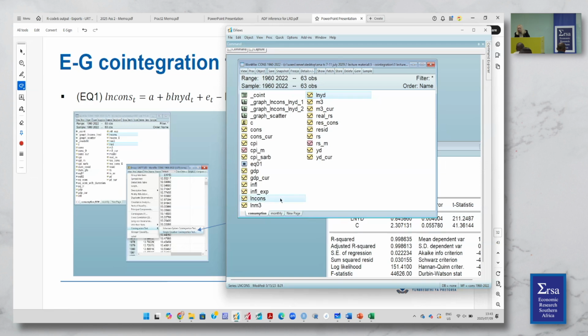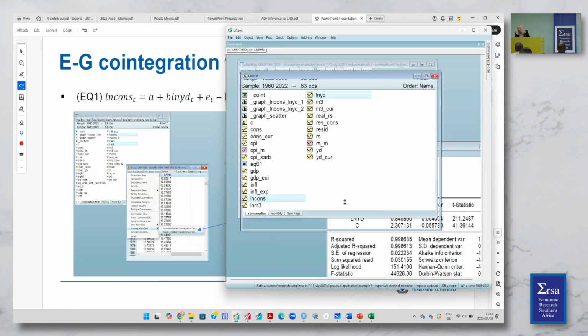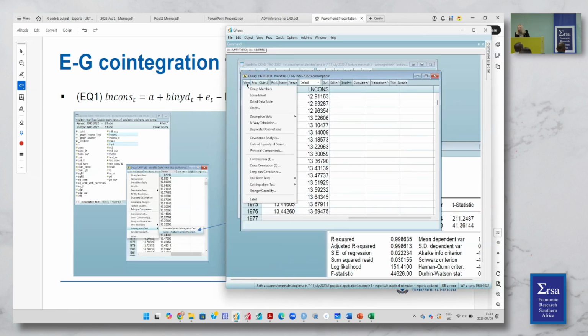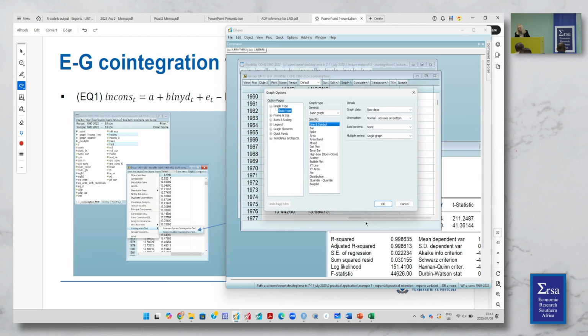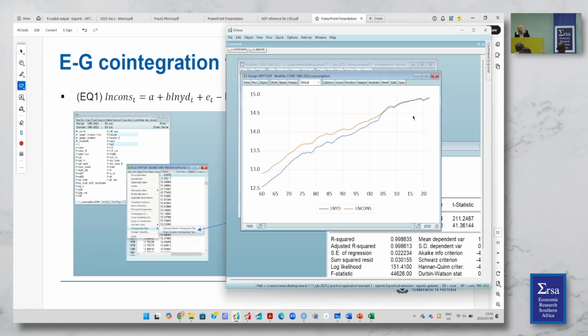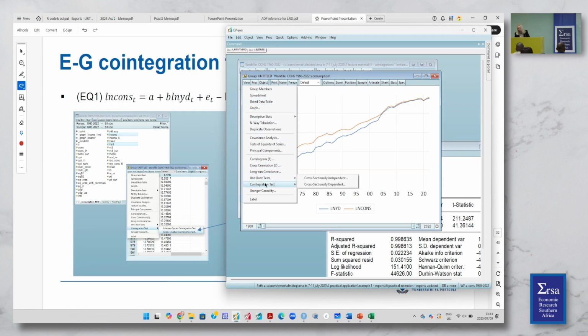Those two variables, I can open them as a group. So the question is, view, co-integration test, and then there we have the multivariate. Here we have the single equation. The bounds testing approach falls under ARDL. It's not an OLS application, so we access that differently. So if we go here,